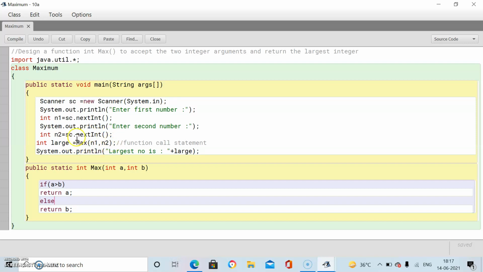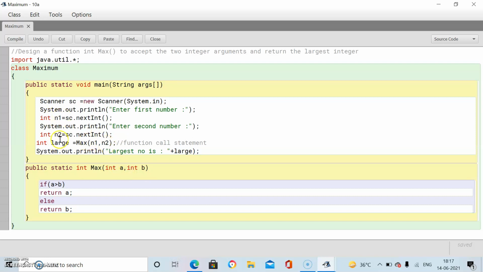Whenever this function call statement gets executed, the control goes to the max function. The value of n1 will be received within A, and the value of n2 will be copied to B. In the call by value method, we receive the copies of actual parameters.